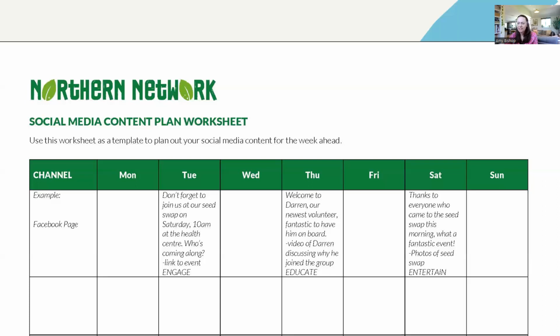And so hopefully you can see then that when you plan things out like this, you could start to, first of all, get that balance of content. So you're regularly trying different things, and you're organized and you can think ahead. So in this case, you're reminding people about events in good time. And also you're probably going to be more likely to remember to take photos of that seed swap event because you know that you'll need to put them on Facebook. And also you're giving yourself time to be creative and start creating videos. So we've put in a date where we're going to share a video. So you can start to have a play around with that.